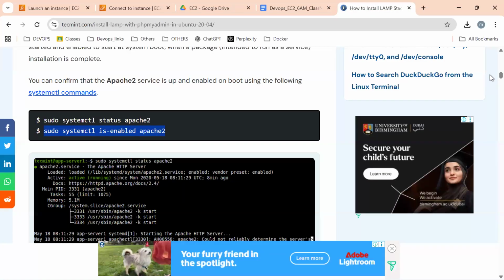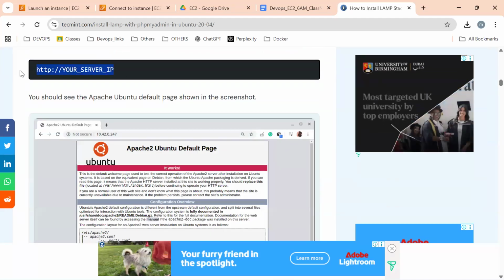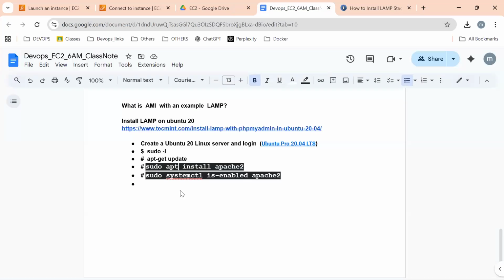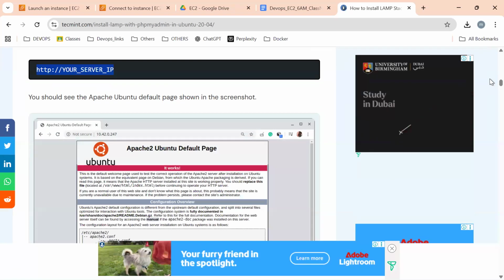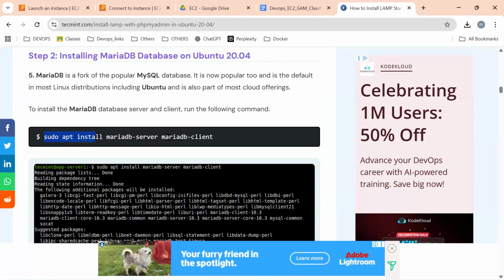Okay, fine. Once it is done, scroll down slowly, yeah, whether it is working or not, we are going to access it. Yeah, you did very well in the last session. Okay, so we have installed Apache 2, and whether it is accessible or not, we are trying to access. Once it is done, then we are going to install the database. For the database, we are going to execute this command.